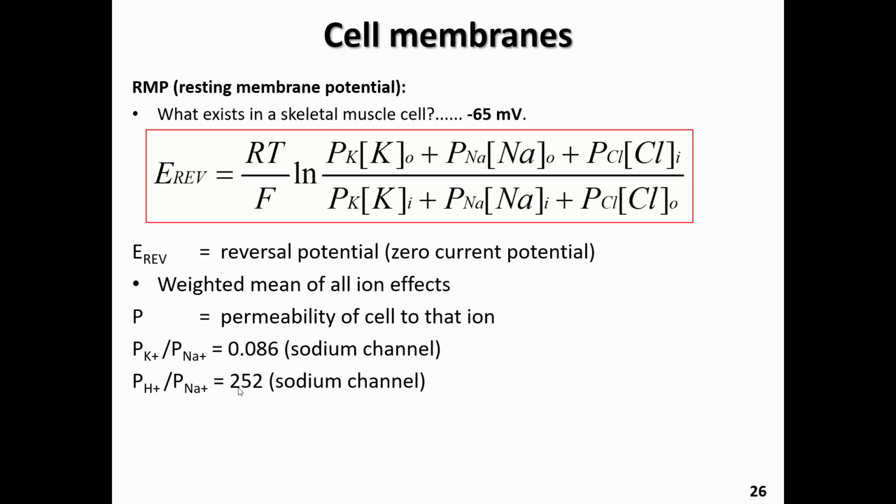So this very high value tells us that protons are much more permeable than sodium ions through sodium channels. As another example, if we take a look at the permeability of sodium through potassium channels, we see that that ratio is actually quite small through a potassium channel, suggesting here that potassium channels are uniquely designed for just potassium